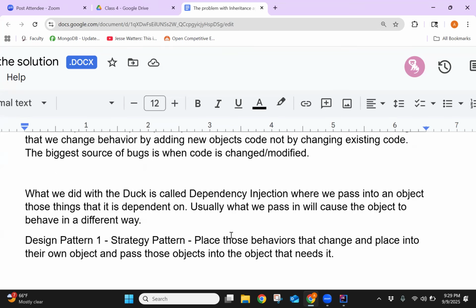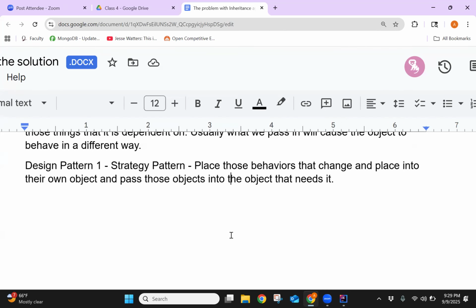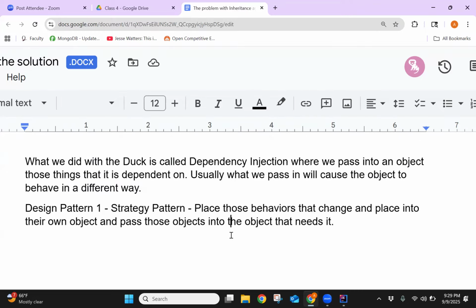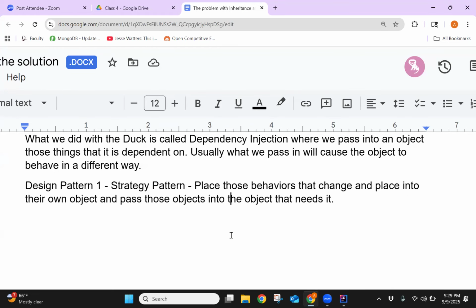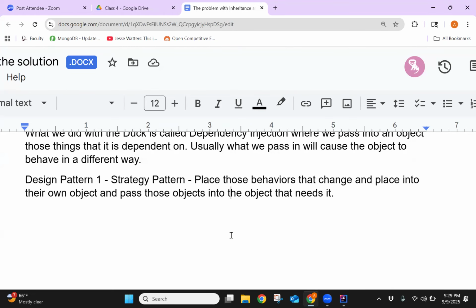So any questions? Or is it pretty clear what it is? So the strategy pattern again is you want to take the behaviors and put them into their own objects, and it also implements